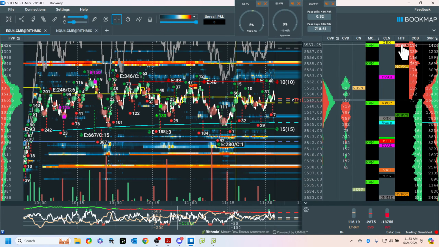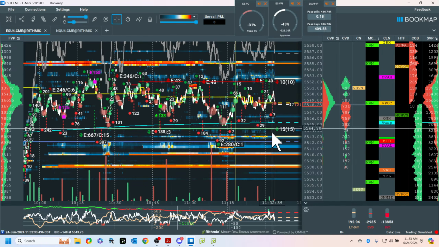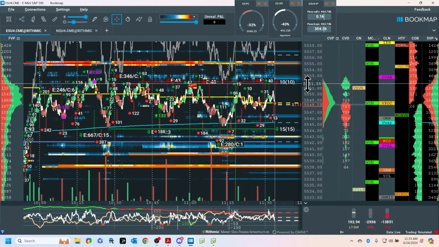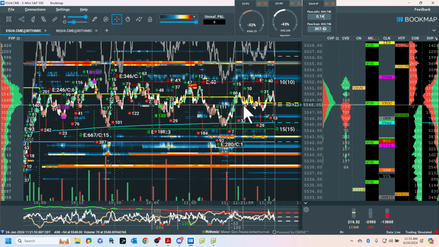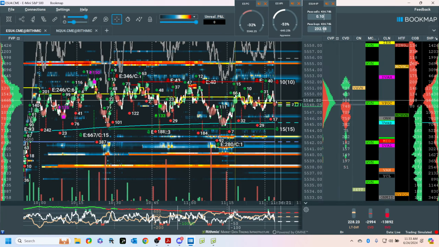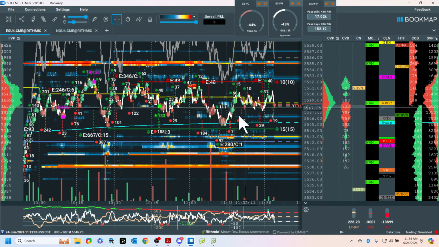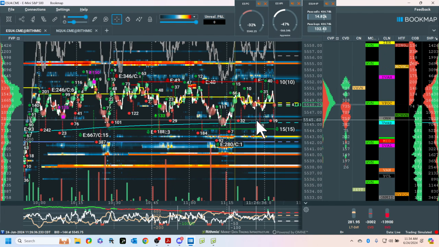If we come out 58 and fail, then it's going to be a short, called the IB failure, back to here. And then maybe all the way down here. Or we come down here first, then you'd be getting long to come back here to come up there. So these are all the trades. Now, the thing about it is we just sit back and have to let it ferment.